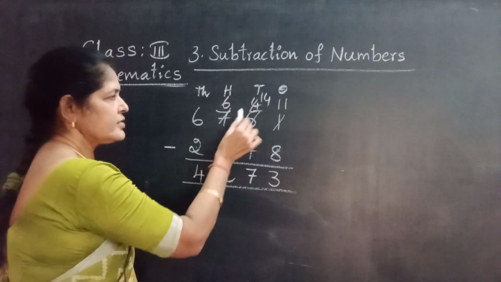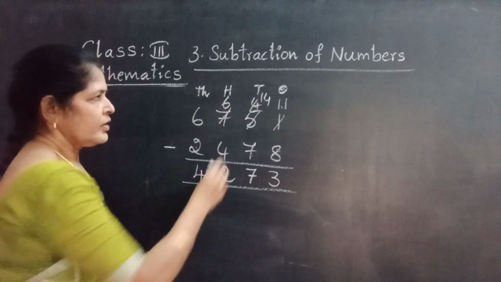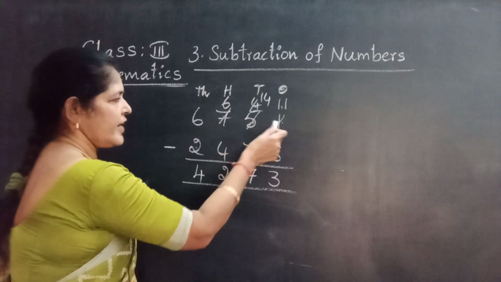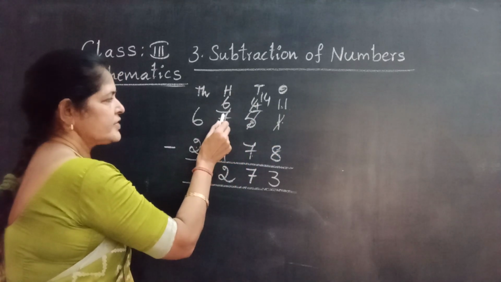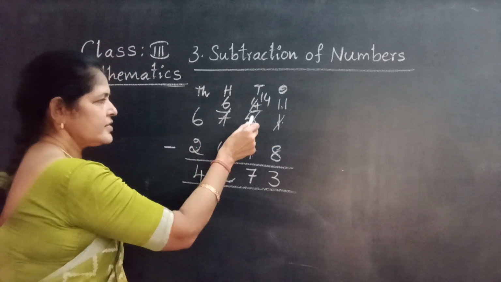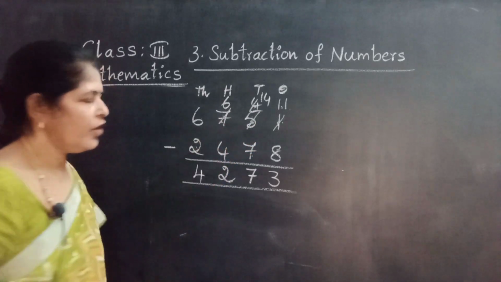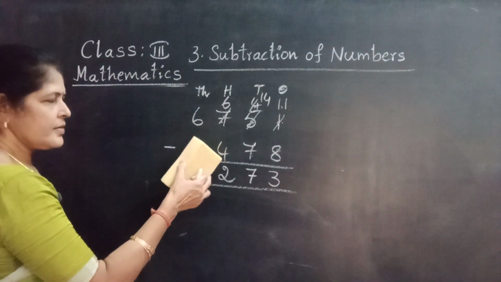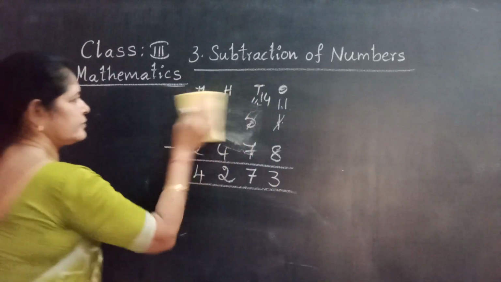4,273. We using concept tens to ones, hundreds to tens, 2 times. One number moving from tens to ones. Then we have to change these 2 numbers. After that, again we using concept from hundreds to tens. Again we have to change. Okay, now going to next one. Concept using from thousands to hundreds, hundreds to tens, tens to ones, 3 times.